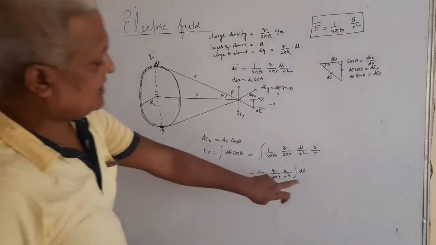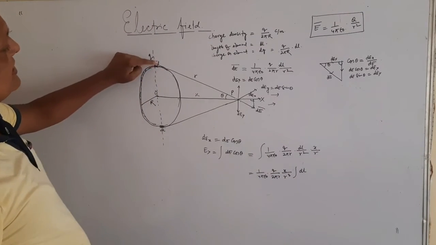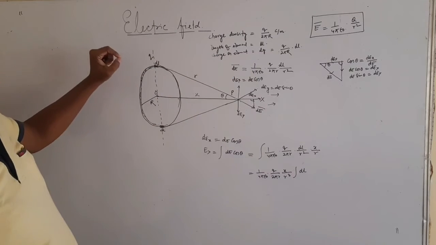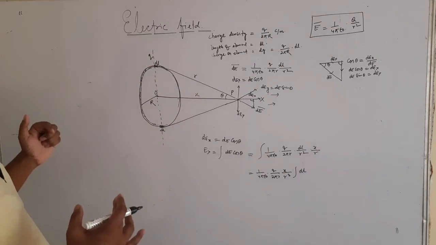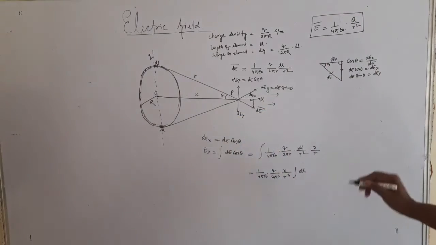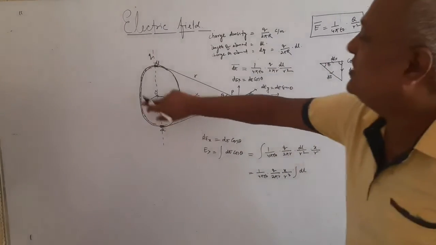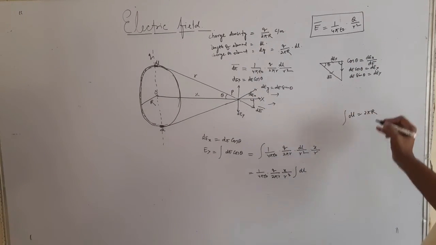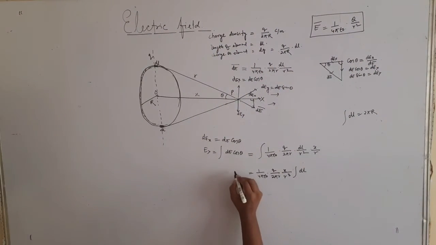So the integration, this is line integration over length. If you divide this whole circumference, that is 2 pi r, into a large number of small patches dl, and finally add them up, that will be nothing but the circumference of this ring. So the integral of dl over this length will give you just 2 pi r. So my relation will become Ex,